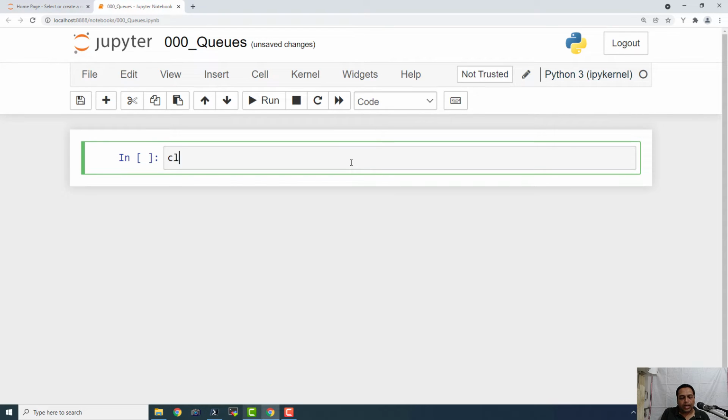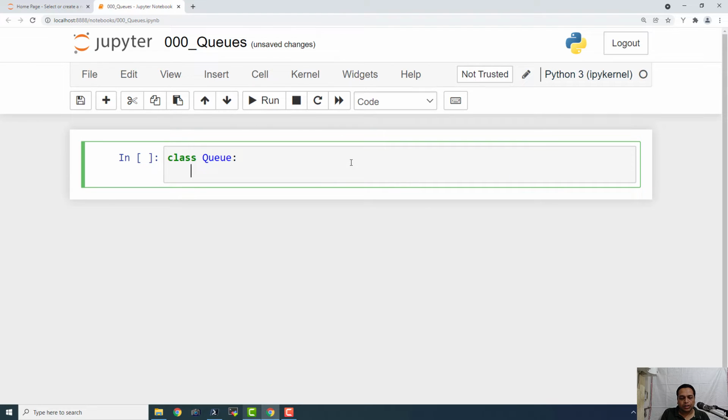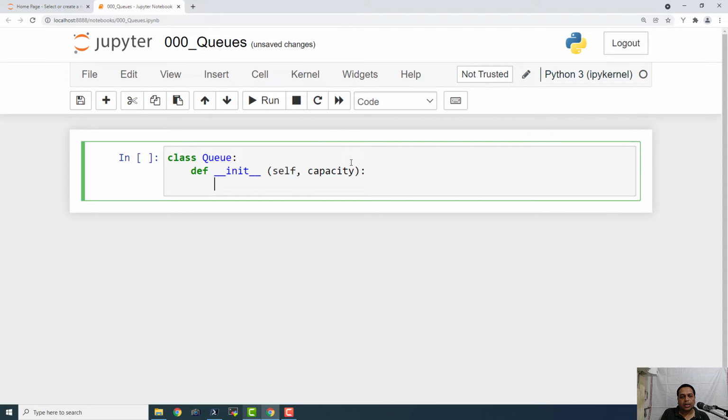So I'm going to say class Queue. This is the class Queue, and def __init__(self, capacity). This is the constructor function, and self.front equals self.size equals 0.